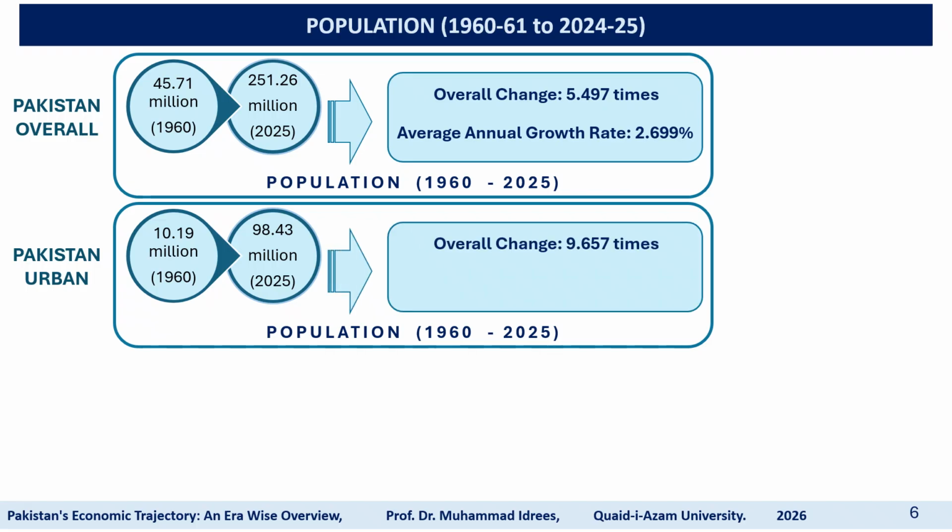This indicates that during a period of about 65 years, from 1960 to 2025, the population of urban areas has increased by 9.65 times, indicating an average annual growth rate of